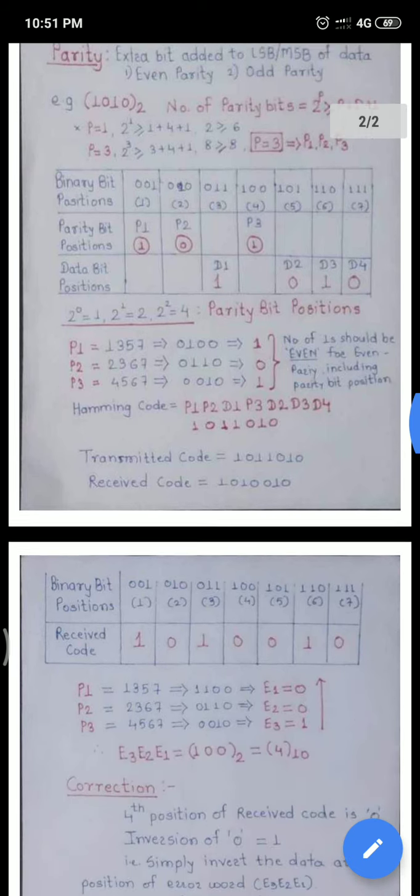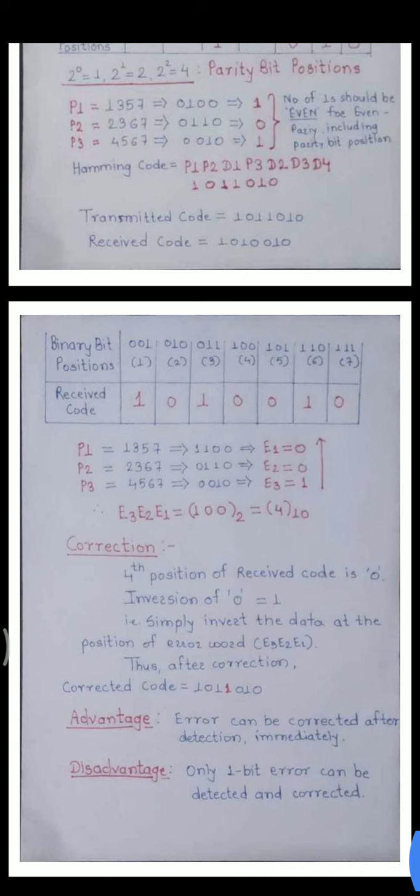Now again come to the received code, 1010010. Let's make the table like this. Binary bit positions are written the same as above, 1, 2, 3, 4, 5, 6, 7, and here we have directly written the received code as it is. The procedure is the same for finding out the receiver's error.